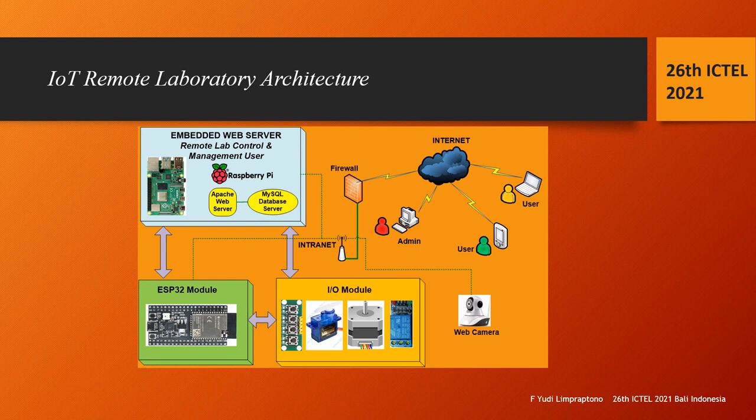The second is the hardware of the IoT experiment module consisting of several modules, namely an ESP32 based IoT module and several input and output I/O modules such as switch module, servo motor, stepper motor, and relay module. The third is the web camera unit that functions to remotely observe the experimental module. All sections are connected via a Wi-Fi based intranet network, and the remote laboratory system is connected to the internet via a router. Remote laboratory users can access